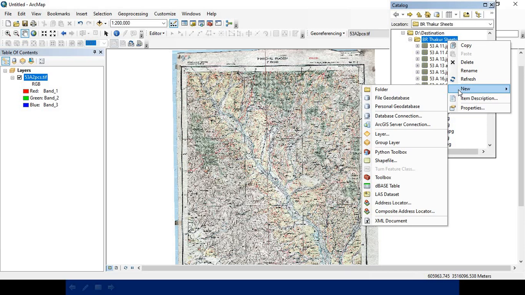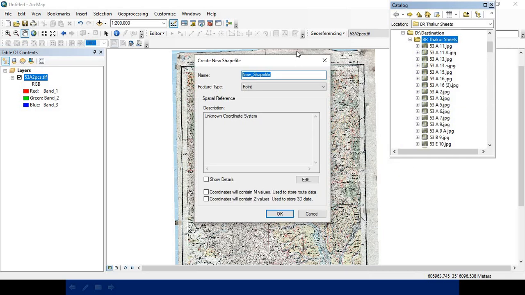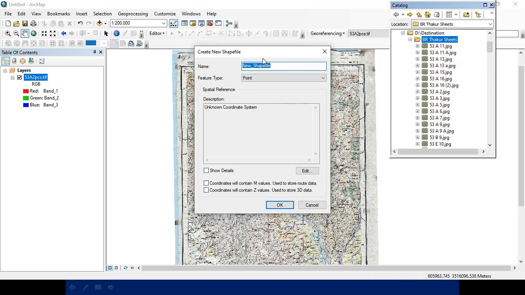Right click on any folder where you have saved your georeferenced topo sheet and click on new shapefile. A new dialog box, Create New Shapefile, pops up. You can name it, for example, AOI, my area of interest. And feature type would be polygon.